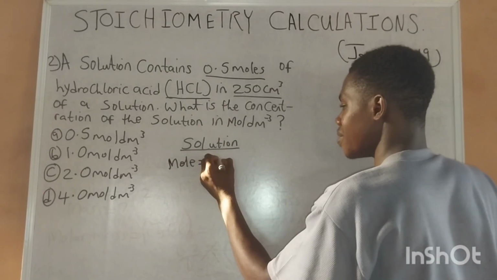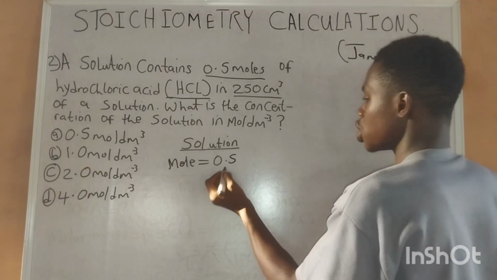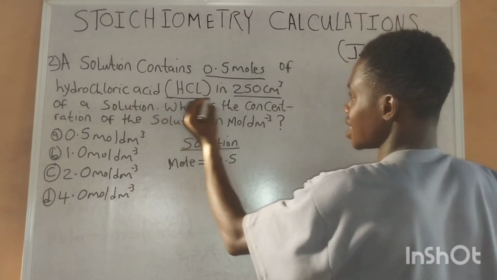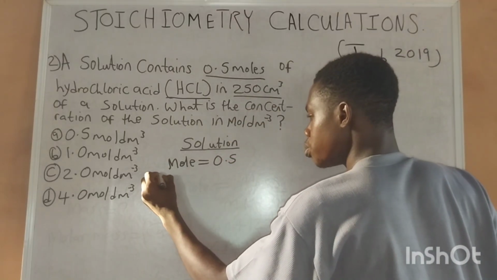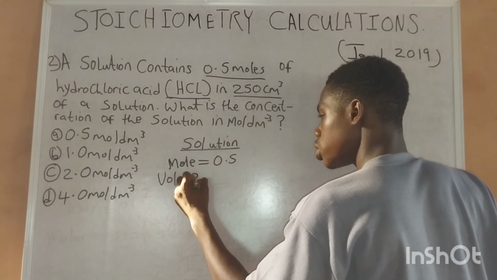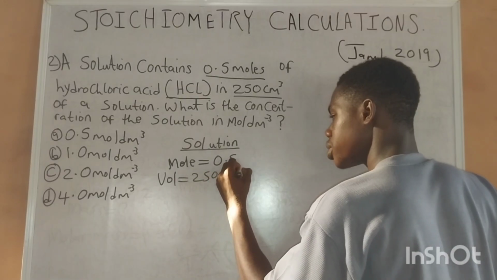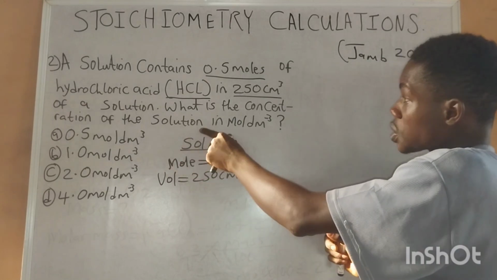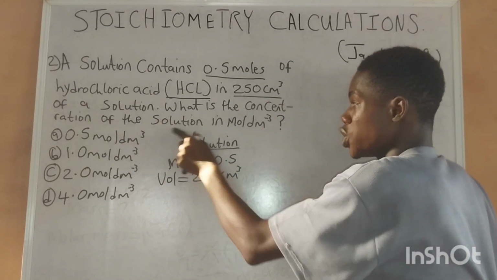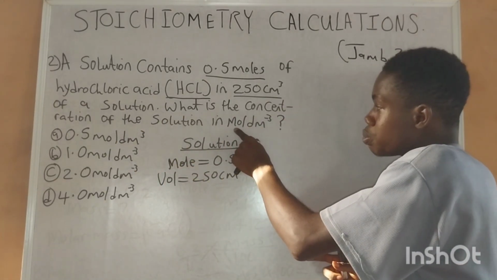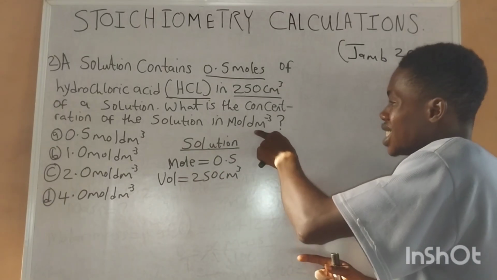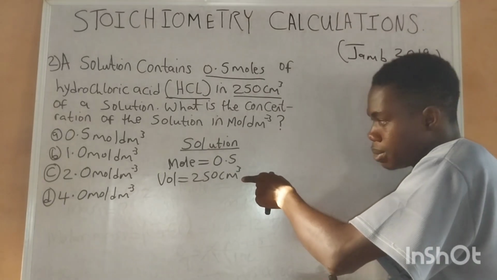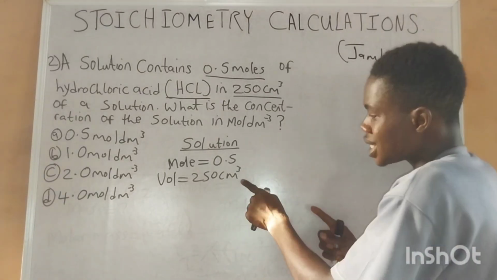So mole is equal to 0.5. So our mole is 0.5 of the hydrochloric acid in 250 cm cube, which means our volume is equal to 250 cm cube. Now we cannot work with this 250 cm cube because the question says what is the concentration of the solution in mole per dm cube. Now mole is the unit for the mole they give us, and dm cube is the unit for the volume. But the volume they give us here is in cm cube, which means we have to convert from this cm cube to